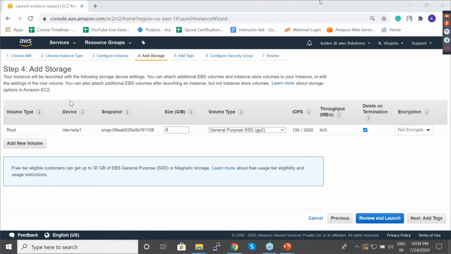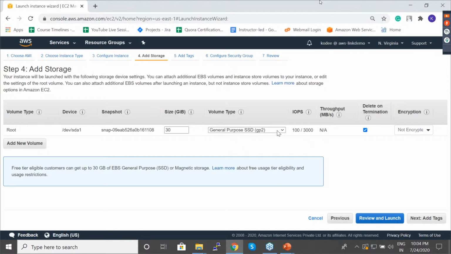Okay, is VPC unique for every instance or unique for an AWS account? So it is unique. For example, you will get a default VPC which is unique for your AWS account. It's not unique for every instance. You can also create your own VPCs, a private VPC in which you can put your own EC2 instances. So it is not unique for every instance. You can use the same VPC for multiple instances. Can we make the size 30 if it is free? Yes, we can make it. There is no issue. But anyway, we'll not be using that. Anyway, I'll make it 30.